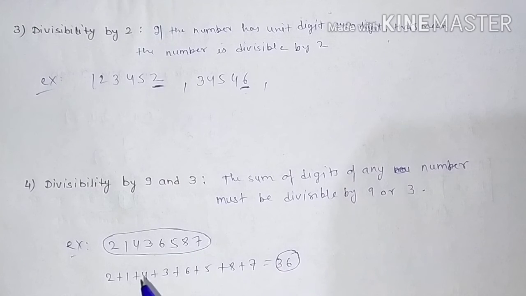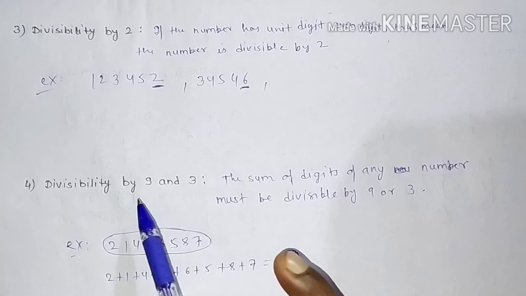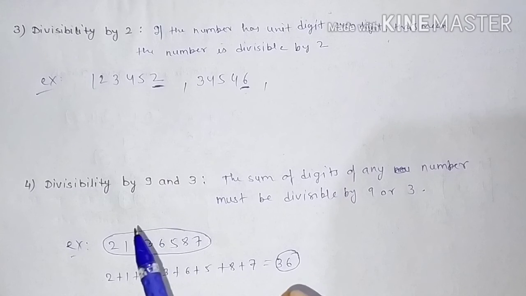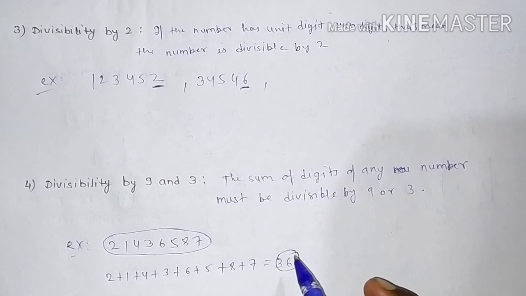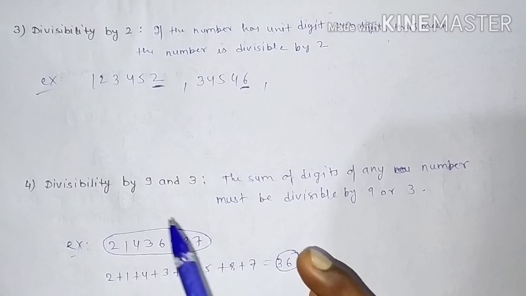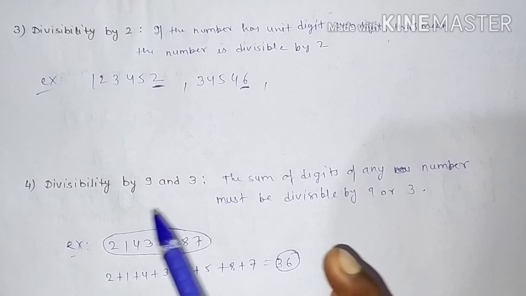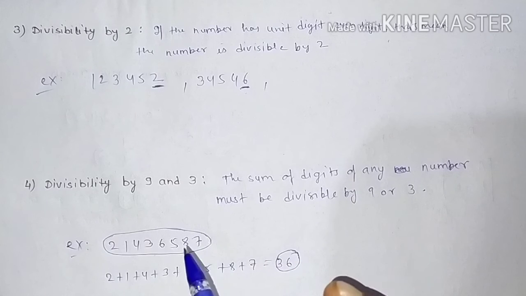Okay, so simply, if a large number is given and we have to state whether the number is divisible by 9 or 3 or not, simply what we have to do is add the digits of the number, and the number we get, just divide by 9 or 3. If it is divisible, that means the whole number is divisible by 9 or 3. Okay, so it's very simple. Now next,